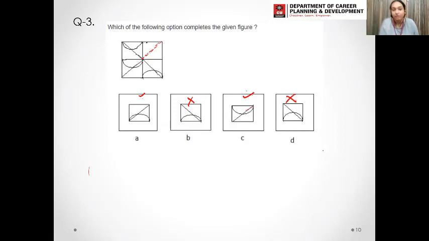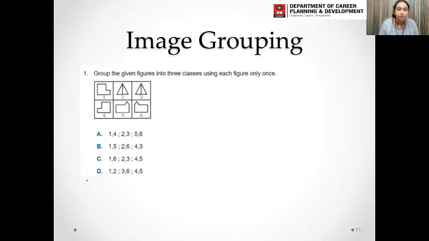Now let's check with this semicircle, at this line. It is on the upper side, and in the next diagram, it is on the lower side. So when we complete this, this is on the upper side, so the next will be on the lower side. The lower side is only contained in option A. So its answer is A. So C is also discarded. So the answer is option A. Next part.